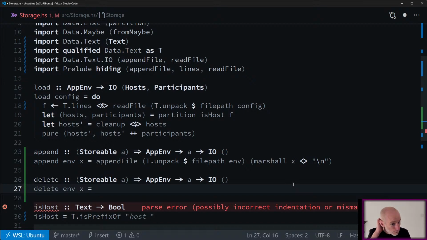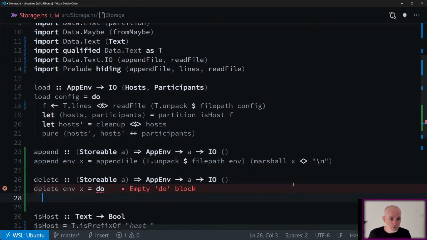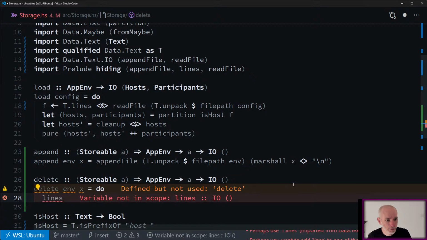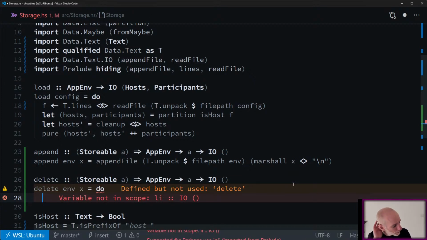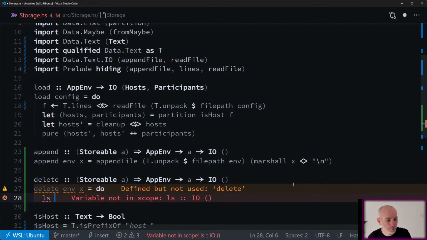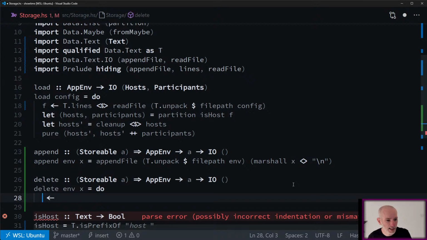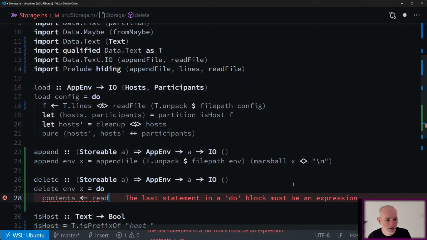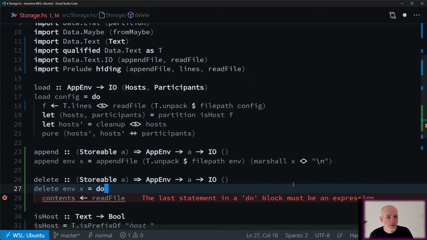So what we're going to do, I'll just write it out in long form. So we'll say lines. That's a function name. So we just call it ls contents is read file. Okay, read file.